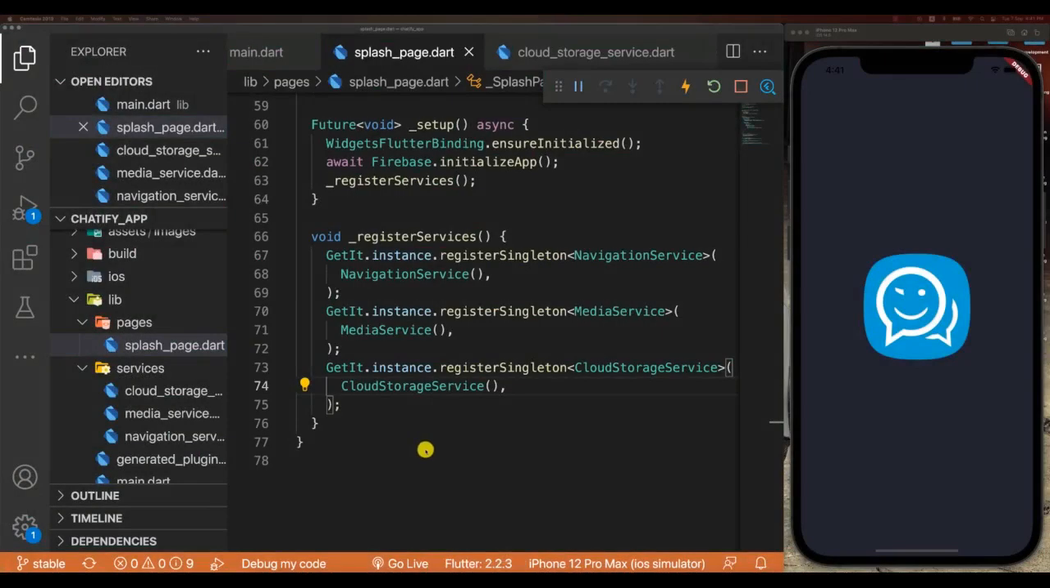Hello everybody, welcome back. In this video we are going to be creating our last and final service, which is going to be our database service, and it's going to provide us features which will allow us to interact with our Cloud Firestore database. So with that said, let's get into it and let's see how we can actually create